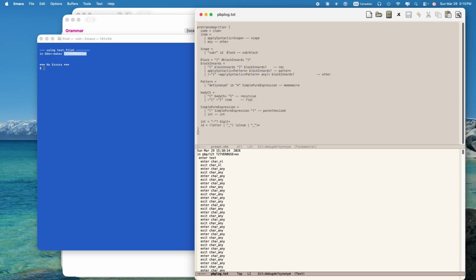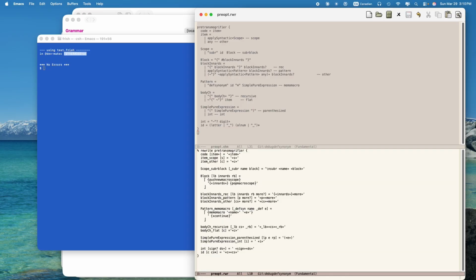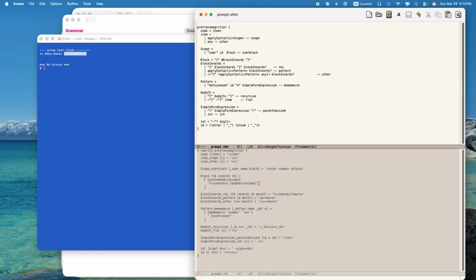Yeah, there they are, and you can use grep to get rid of the obvious overkill on low-level stuff. Now, if I look at test.frish,